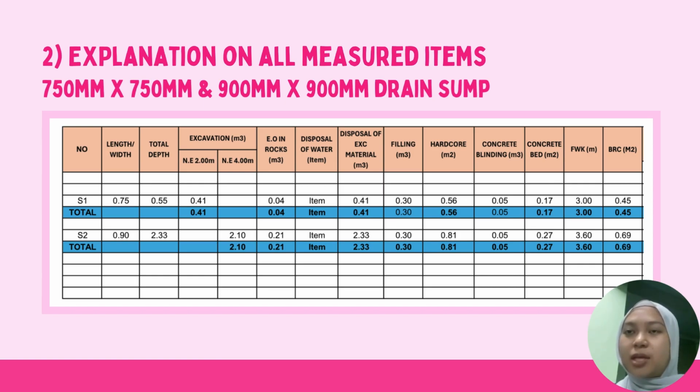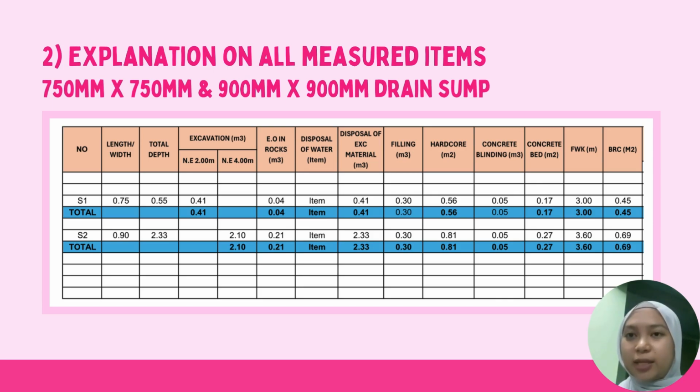The total depth is from the average depth plus lean concrete plus blinding, and we will get the total depth. Next is extra over excavation in rock, which we allow 10%. So the total for excavation will be times 10% that we allow for extra over in rock. The next item is disposal of water, which